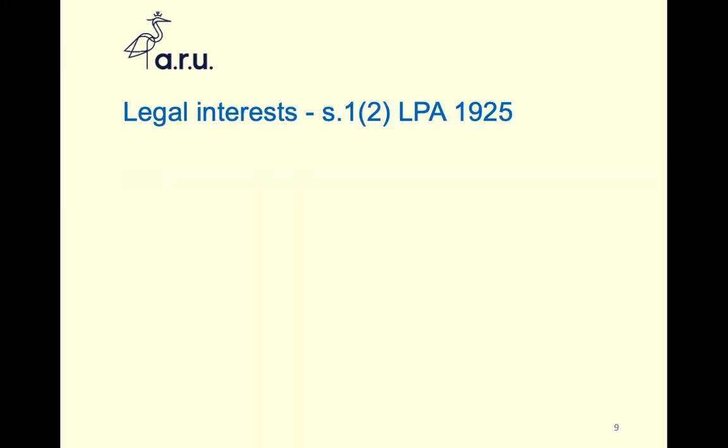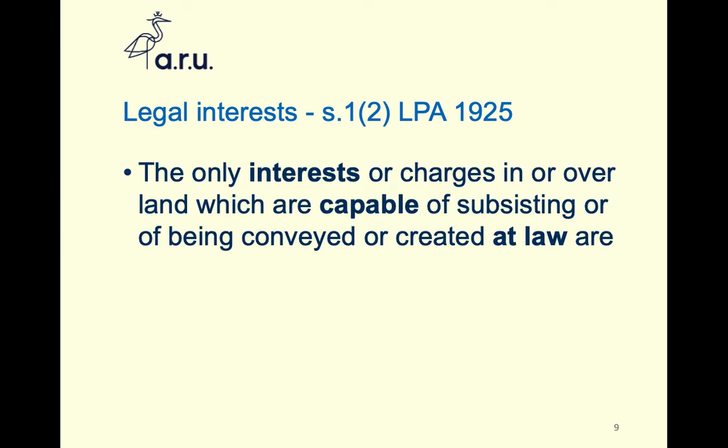So the legal interests that are listed under section 1.2 are coming up in a second, and they are the only ones. This is the actual phraseology of section 1.2, and it states that the only interests or charges in or over land which are ever capable of subsisting or being conveyed or created at law. So the only ones capable of being legal are